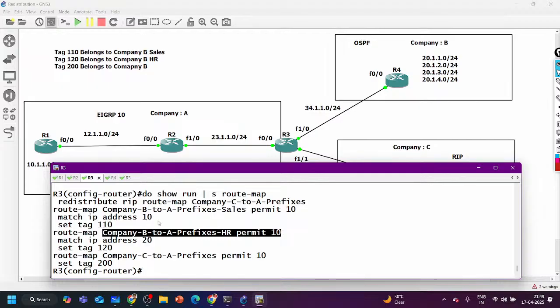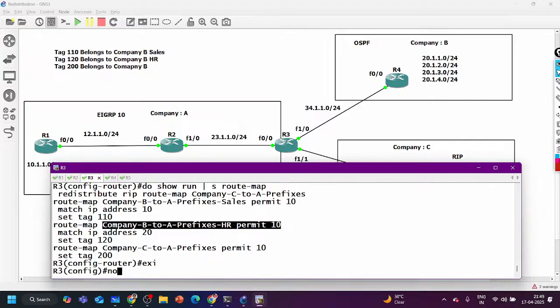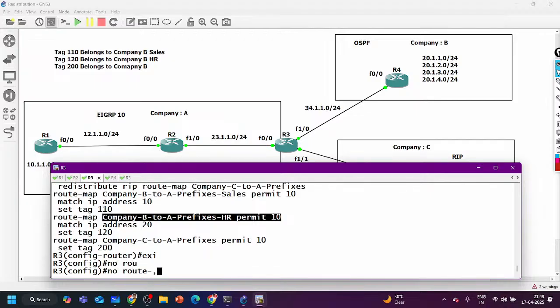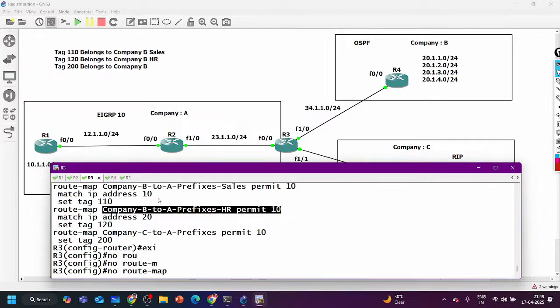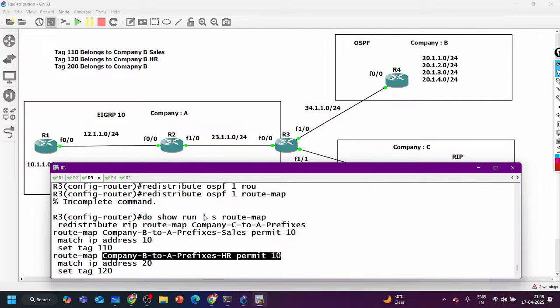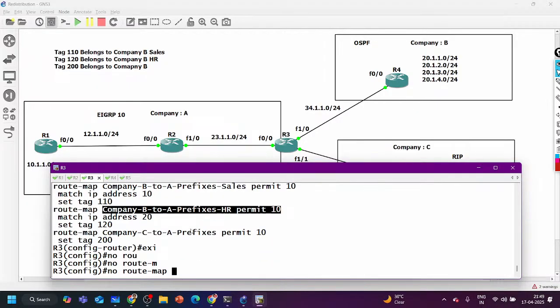I did some mistake. We should create the same route map because we can call only a single route map here, right? So say no route map. Here we have two route maps. We should have the same route map.